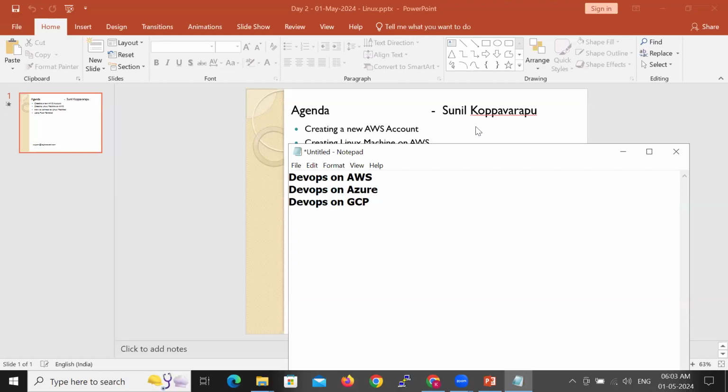The DevOps contents will remain the same. We can learn it on multiple platforms. When you learn DevOps on AWS, you are called an AWS DevOps professional. When you learn DevOps on Azure, you are called an Azure DevOps engineer. Or you can learn DevOps on GCP, and you're called a GCP DevOps engineer. But we are learning